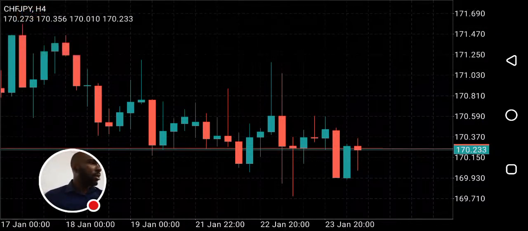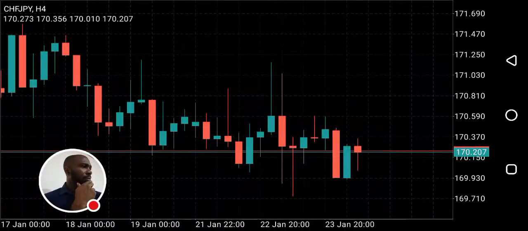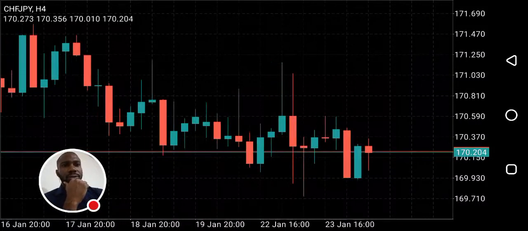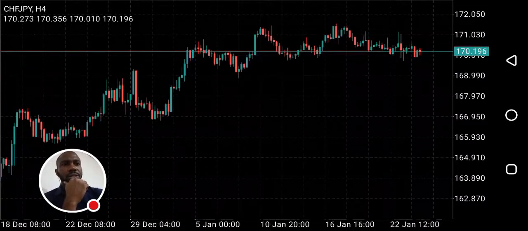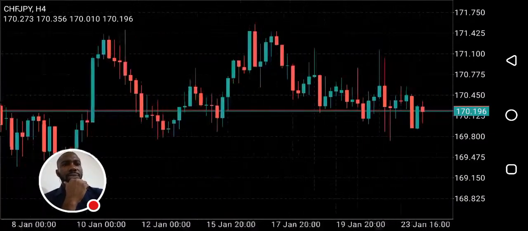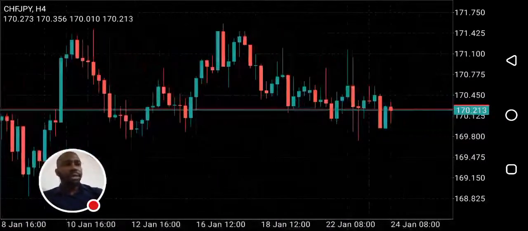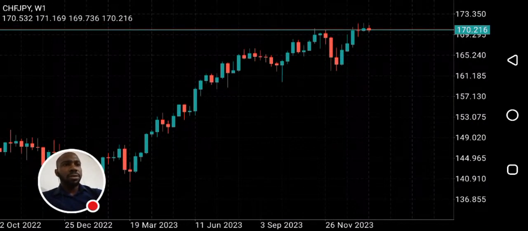Can you guys hear me? So as you can see, CHFJPY is bearish. It has been in a range for some time. So let's start with the weekly. Okay, you can see on the weekly,